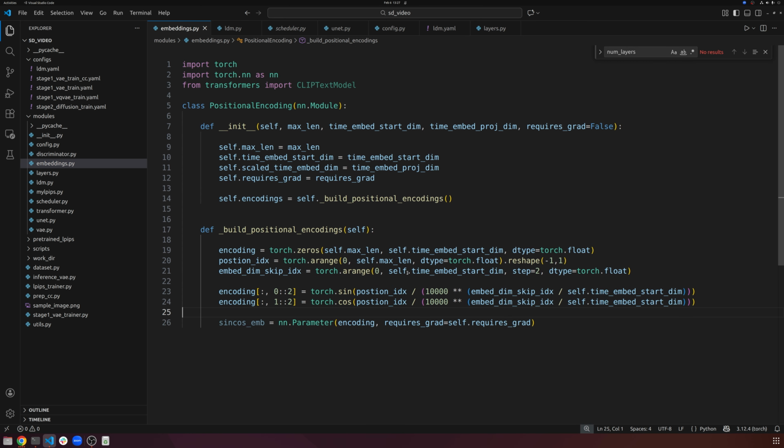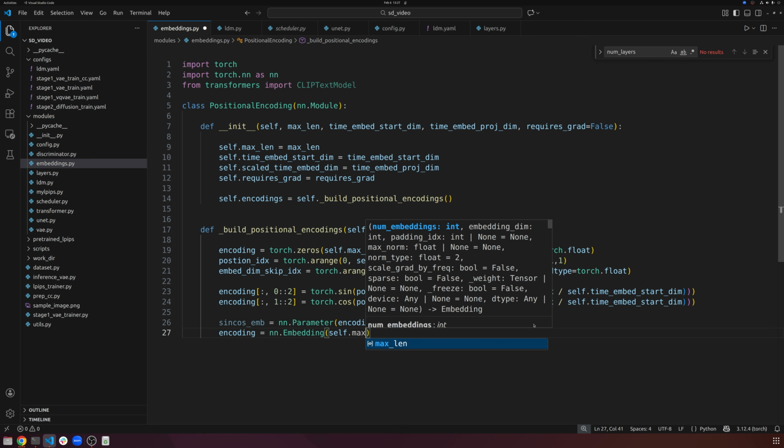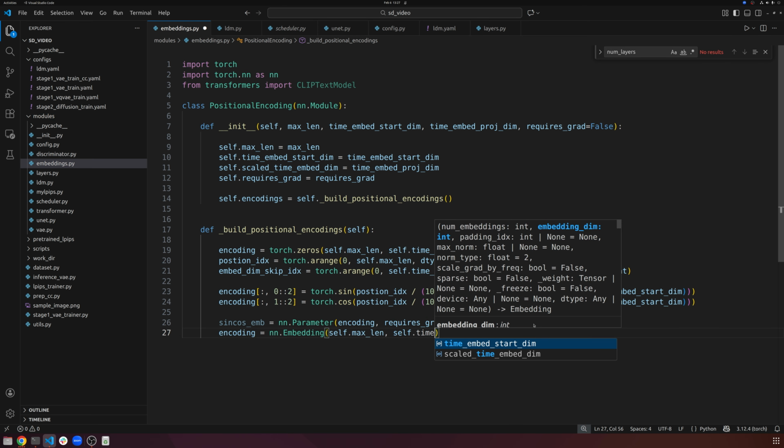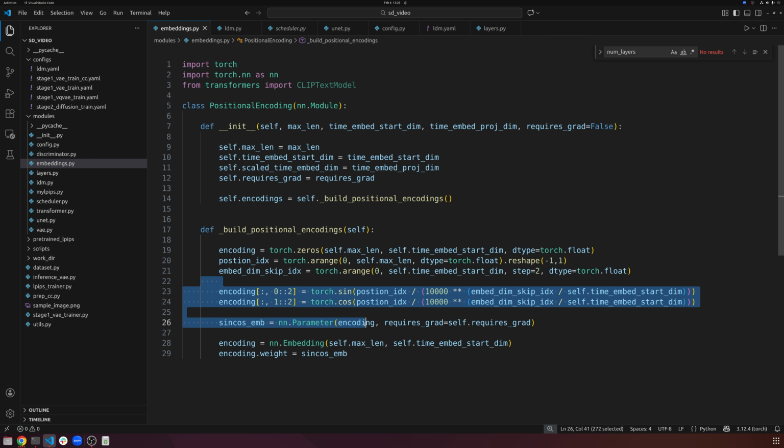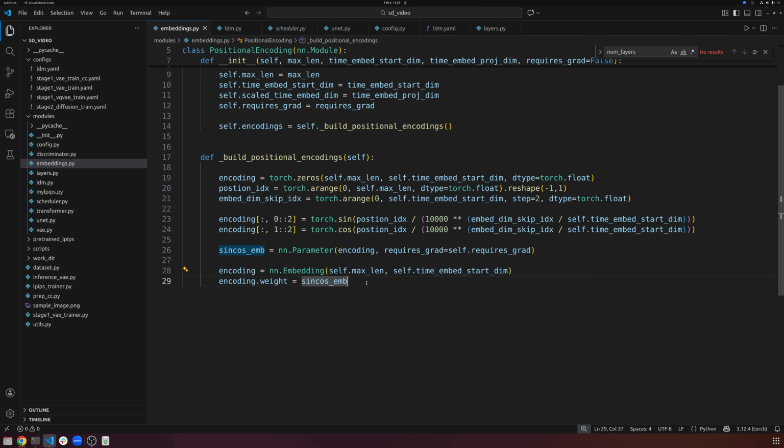grad. This is optional. Do you want these sine cosine embeddings? Do you want to initialize them like this and train them? Do you want to leave them alone? It's more standard to leave them alone. Like just don't train them, leave them alone. And our encoding is equal to nn.embedding self.maxlen self.time embed start dim. Encoding.weight is equal to the sine cos. So basically I'm storing these values that I've created inside an embedding matrix, and we can return the encoding, and